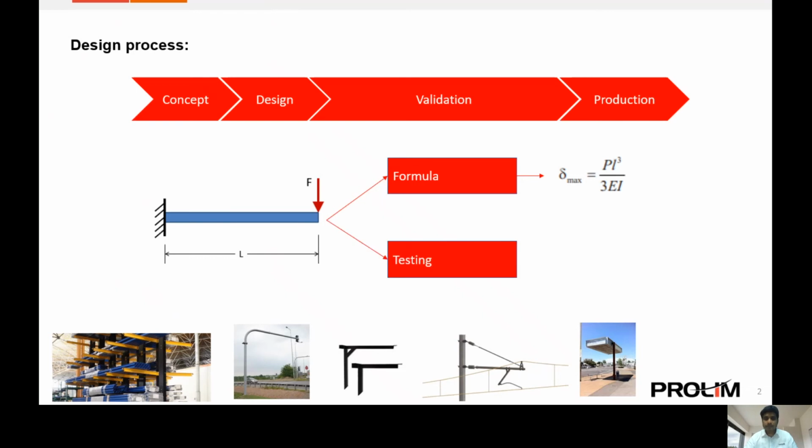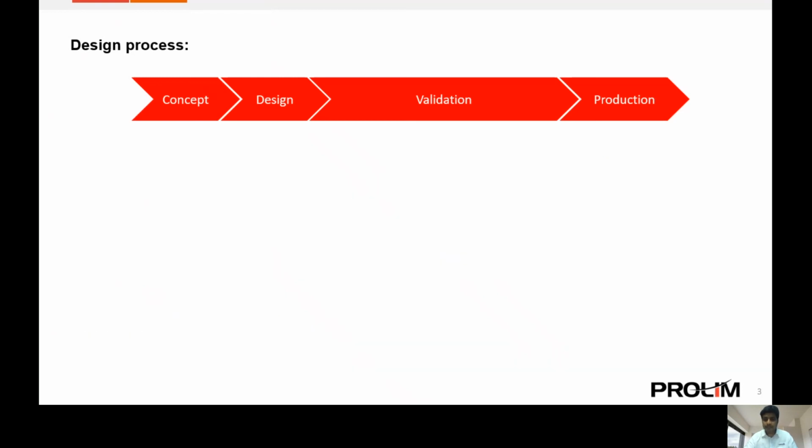The second approach is the testing approach, wherein we manufacture the beam and then we exactly represent the working condition, apply the load, and record the results, that is deflection results or stress results. If you compare these two approaches, both are 100% accurate in terms of the results. But the problem comes